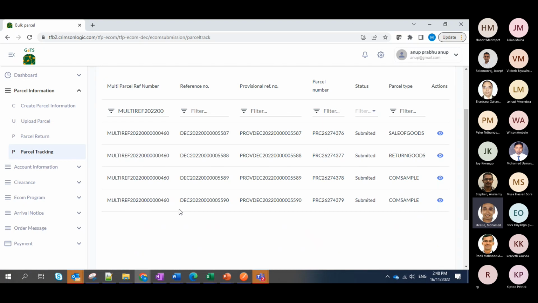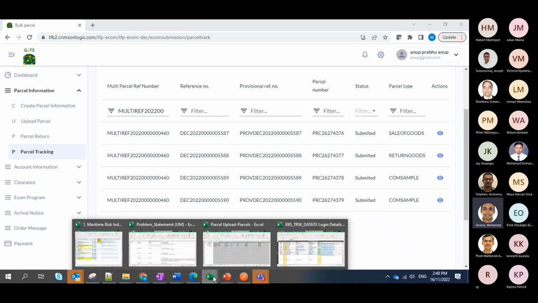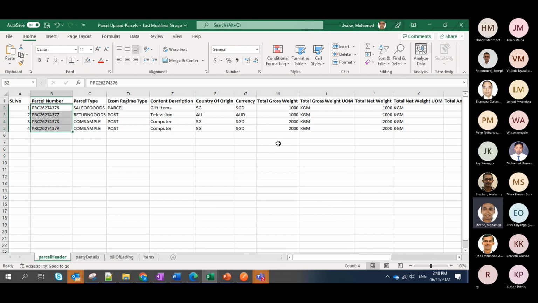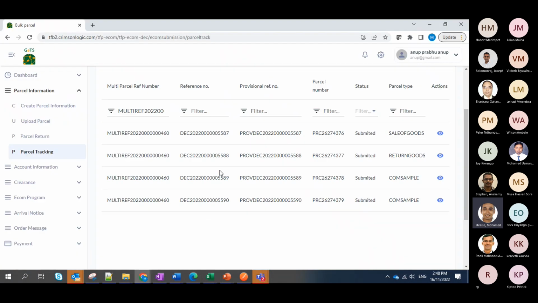And here you would see there are 4 parcels, and these parcels have been created based on this particular reference. So here are the parcel numbers on this column. So multiple entries have been created. In this example, I'm just showing 4. This could facilitate very high volume number of parcel shipments through an upload kind of a facility.